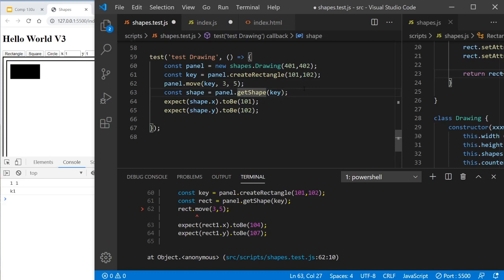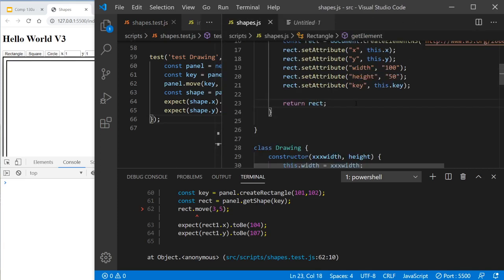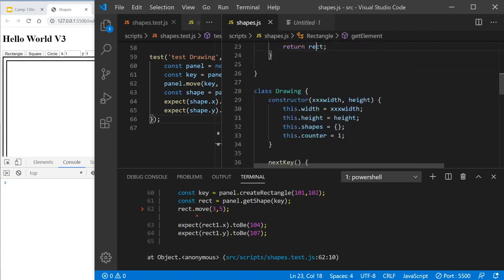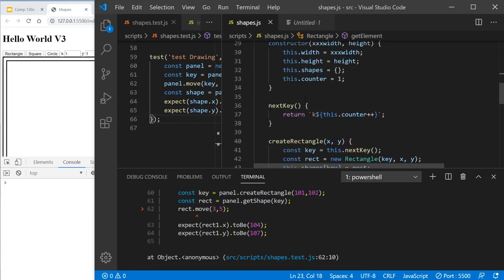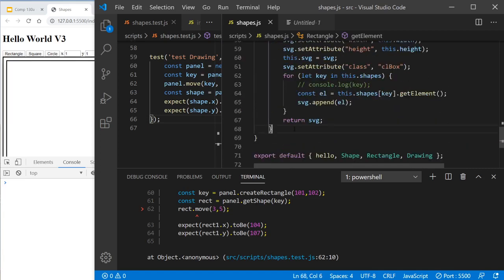I'm going to get that shape that I should have moved, and it should now be at 104, 107. Now, that's not going to work because we haven't coded the move function. So let's go into the panel. Let's go into shapes, and what we're going to do is go into this rectangle. There we are, drawing. So we're going to go into drawing actually,